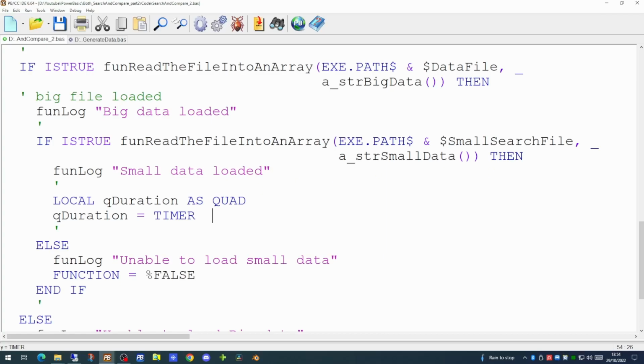And now we want to compare these two arrays which we've loaded up from the files. In our array functions library, there's a pre-built function especially designed for this kind of activity. It's called indexArrayCompare. This function takes a number of parameters. I'm going to declare some local variables so we can make these more readable.